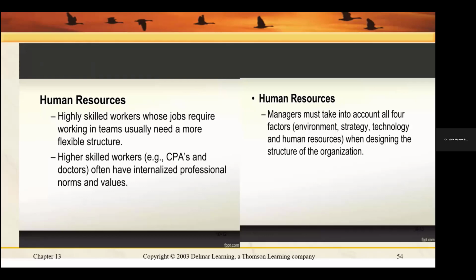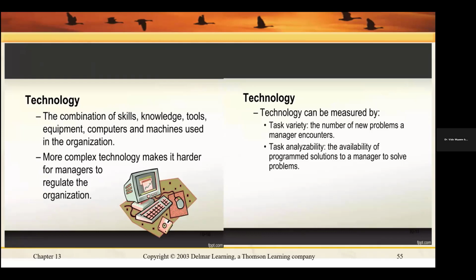Technology, now you see technology. It is the combination of skills, knowledge, tools, equipment, computers, and machines used in the organization. So now we are high in technology. As we are evolving in technology, more things are coming up. More complex technology makes it harder for managers to regulate the organization. So as we go on, with current issues, we also need to restructure. These are all things that can influence